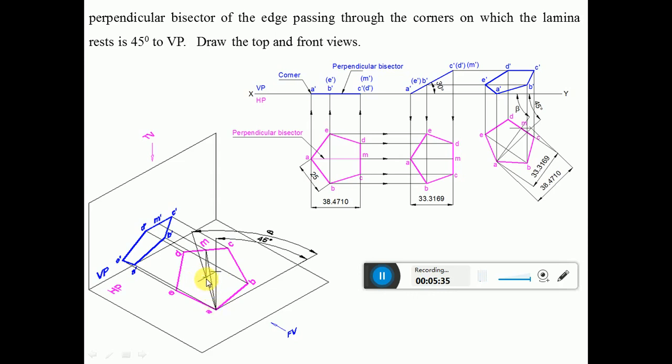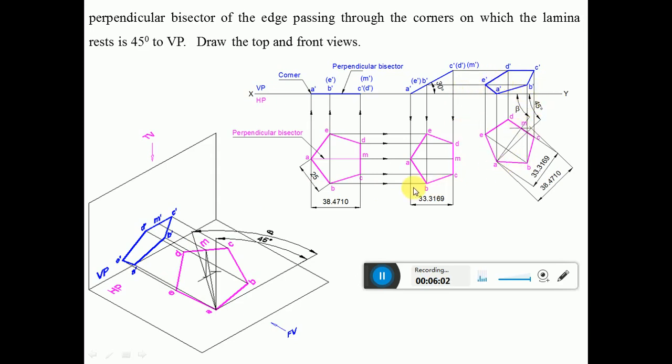And then when you project this, you are going to get this inclination, because this is actually inclined at 30 degrees. So you will get this line, and then project this, you will get the front view. That is what we have done here, the same thing which has been shown in 3D, but of course this is not required. But still, to understand the concept, we have written this. Now this is how we will be able to get this particular problem.